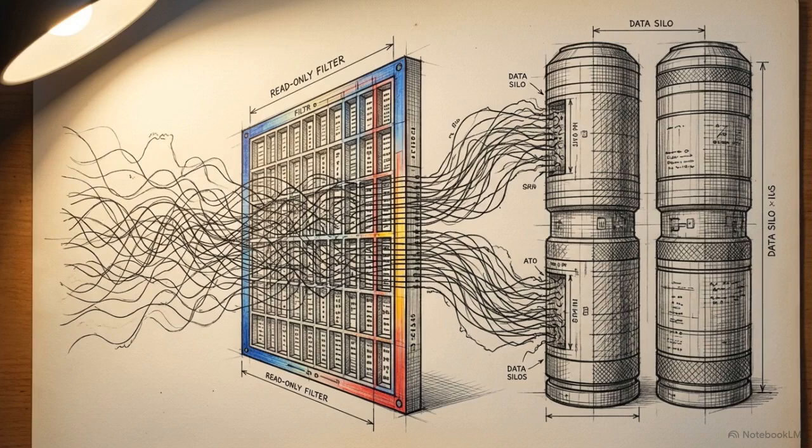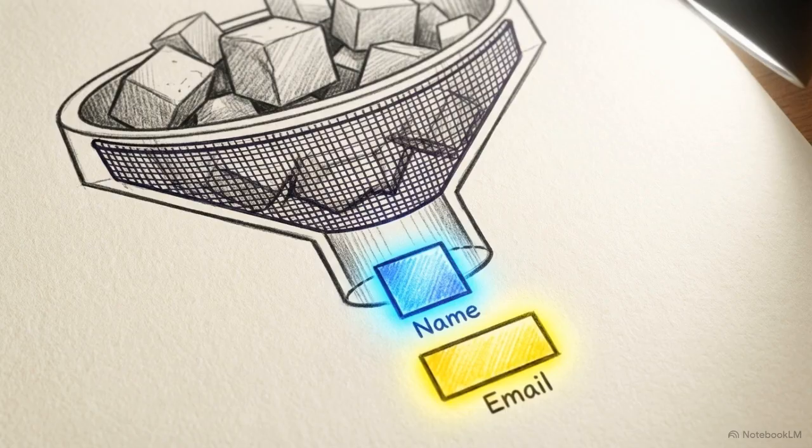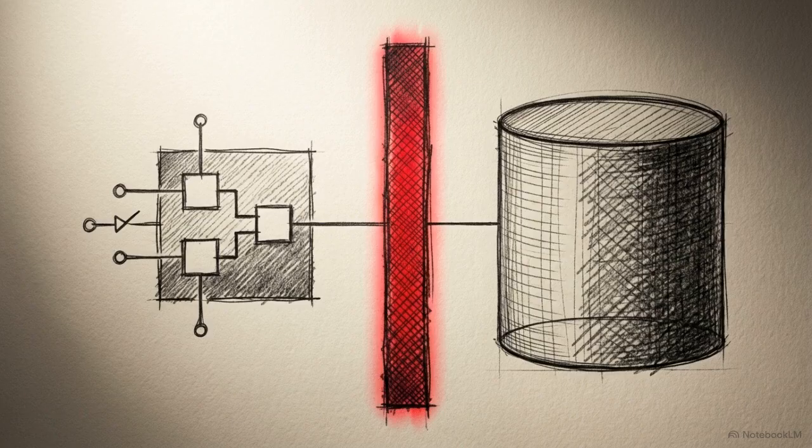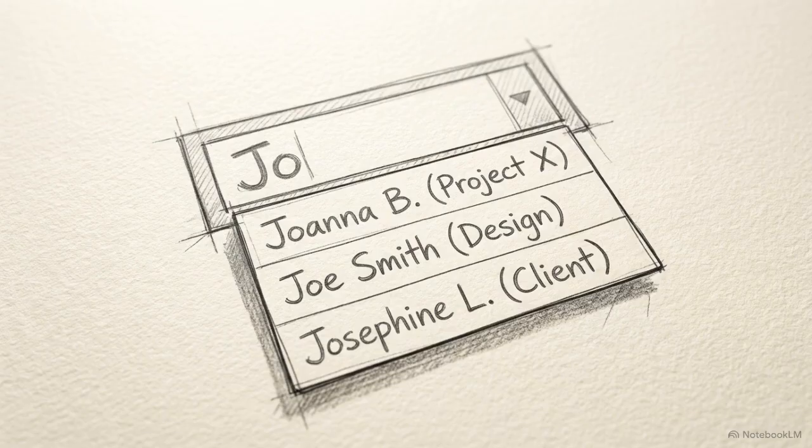The extraction payload applies a strict filter. From the highly detailed directory data returned by the API, the application isolates and retrieves only 2 data points, the contact's name and their email address. Sign Goodi Flow operates on an ephemeral data architecture. As we see the Firestore database enter the diagram, a hard barrier guarantees this extracted contact data is never written to backend storage. The name and email data exist entirely in transit, populating the drop-down menu directly from the client's